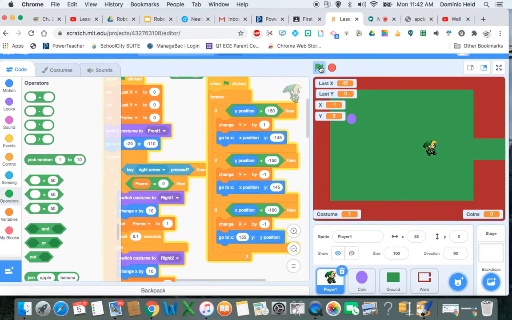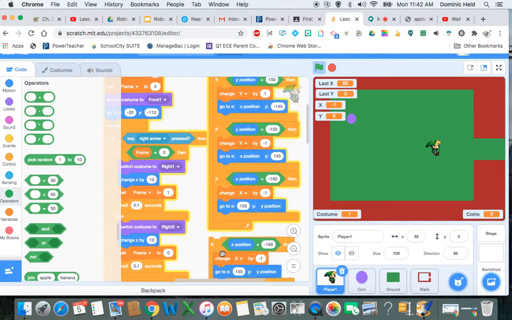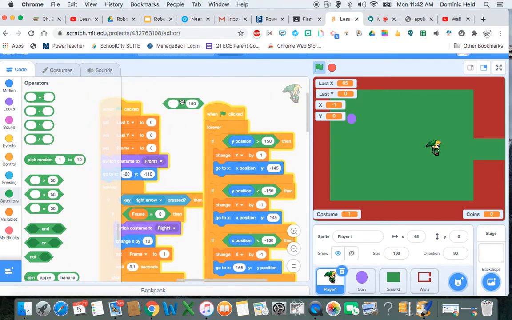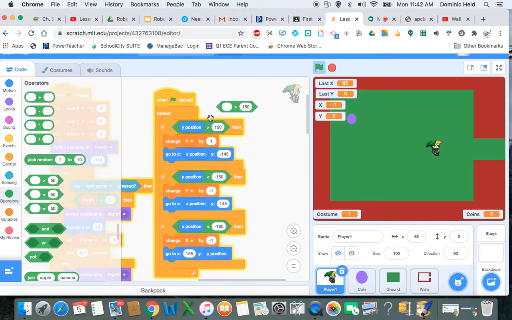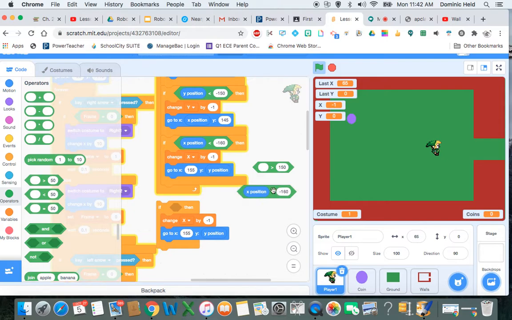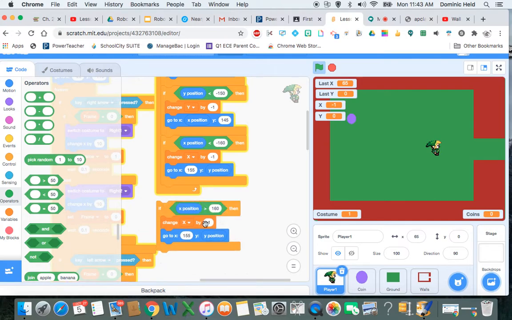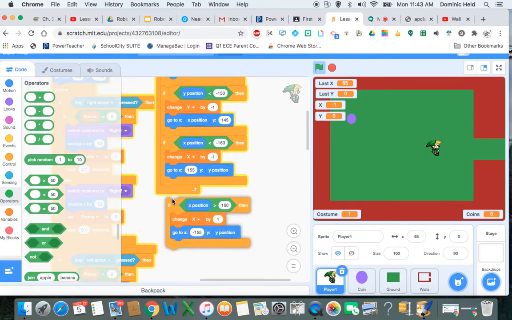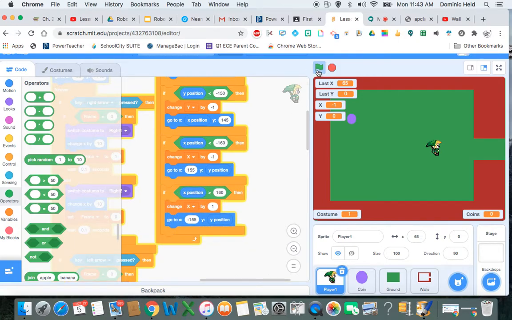So now we just need to go back to that room. So one more time. The operator is different. I actually saved that. It's over here. You can always bring a new one in if you want. But I'm going to bring that down here. And so if X position is greater than, and let's not use 150, we'll use 160 like the other time. If that's greater than, we're going to go up by 1 on the X, and we're going to move to the left side of the screen, negative 155, keep Y position the same, add that fourth conditional in,